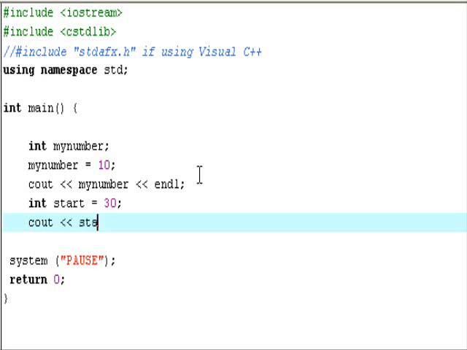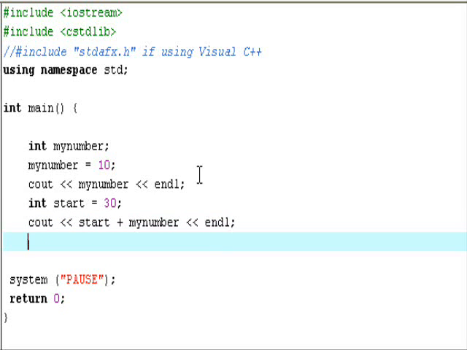But instead, this time, what I'm going to do is I'm going to add the two variables together. So, yeah. You add variables together, see out start plus my number, and we'll get the value of 40. These are basic things you can do with the variable. Pretty simple. You can also declare multiple variables in C++